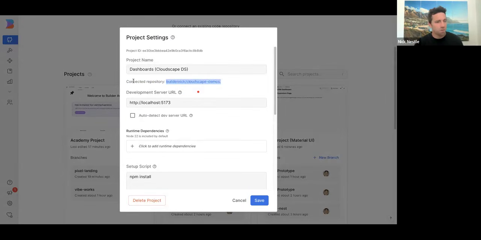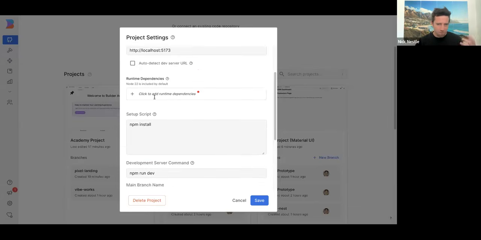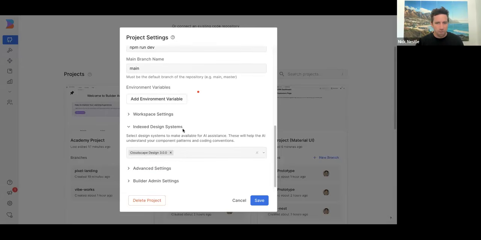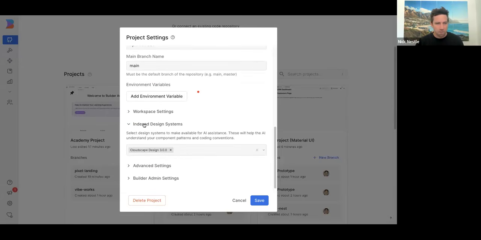When we do these prototypes, we're going to build in a branch within the actual code base itself. And there's some instructions on how we run that code base. But the other really critical piece here is our design systems. And this design system knowledge, I think, is what really sets Fusion apart from all the other tools out there. You can see what I've done is I've told Fusion